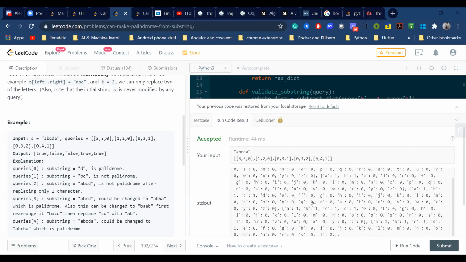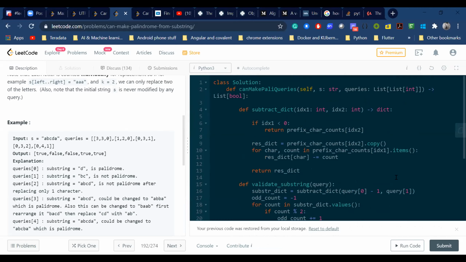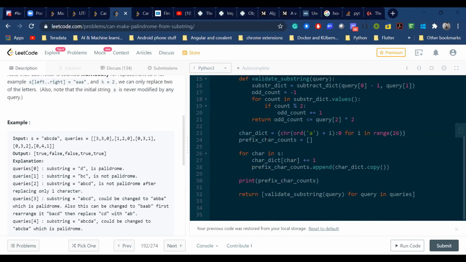That way I have 5 maps in the list which contain the count up to that index letter. So it's like the prefix sum we do, right? We find the sum of some subarray, so we subtract the count up to that index with the left index minus 1. So I have all this prefix count calculated.